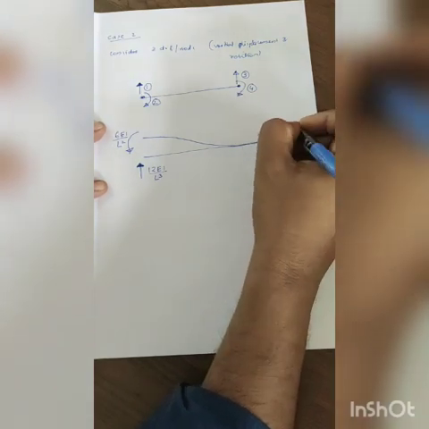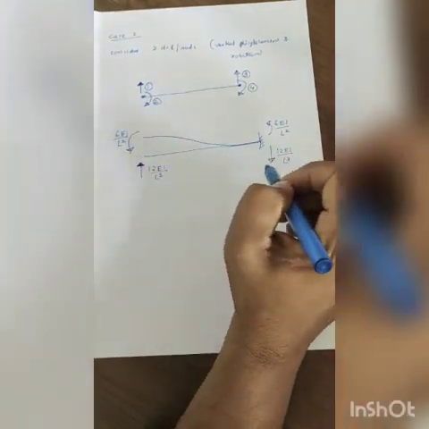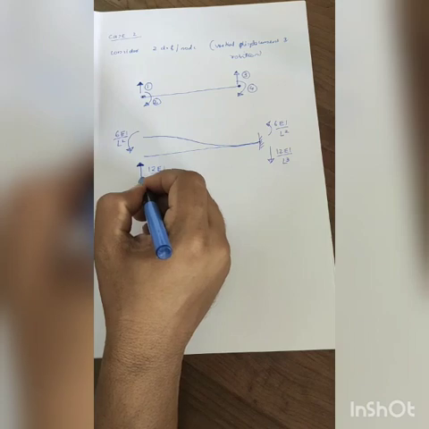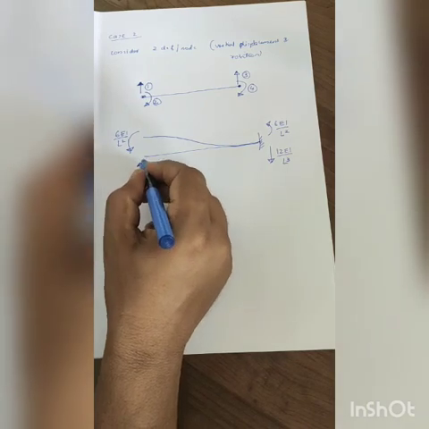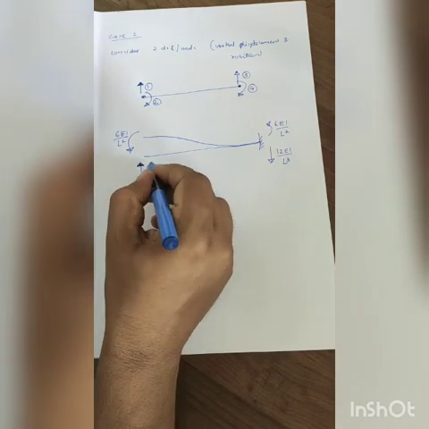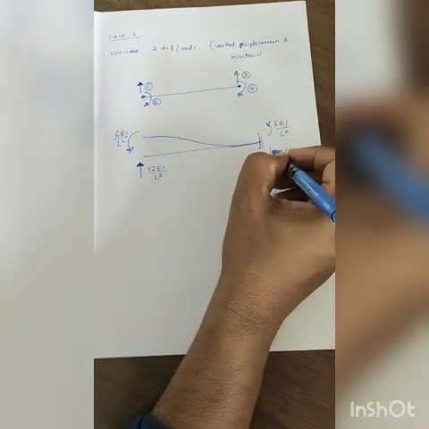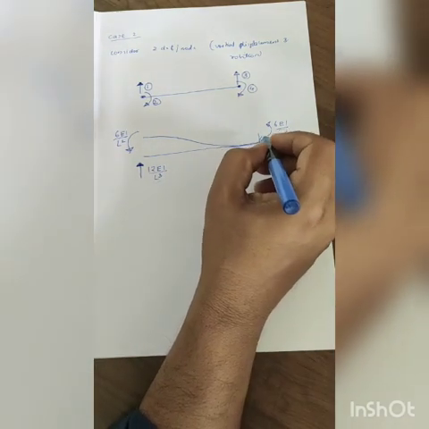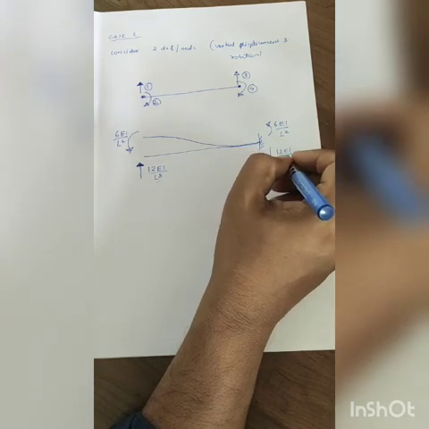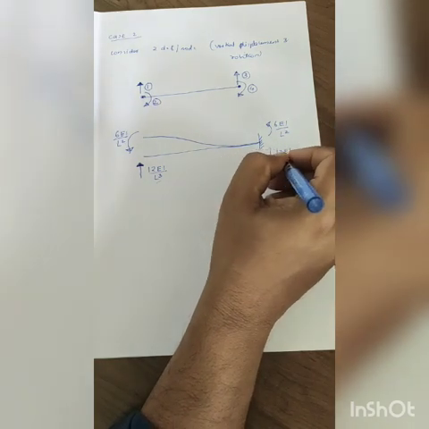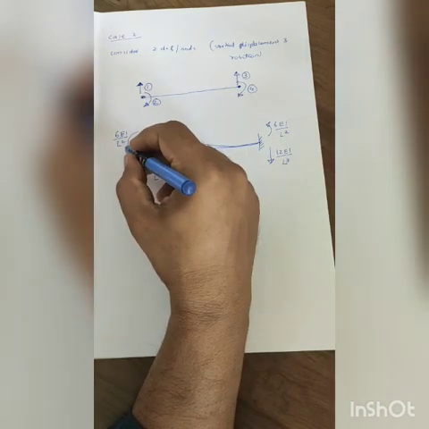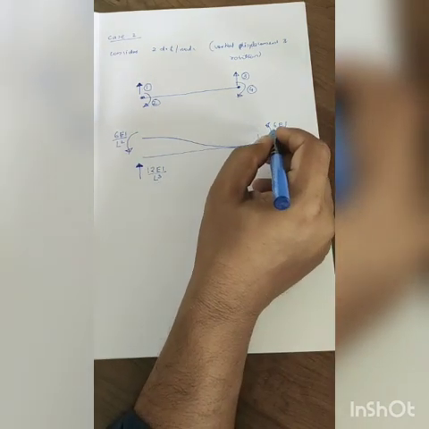So you should be in a position to write this. If you have a unit displacement in the upward direction, there will be forces in the same direction at the same location, and the magnitude will be 12EI/L cube. At the other end the force will be in the reverse direction, with the same magnitude, and the moment will be the net reaction into L. So that will be the moment, 6EI/L square, 6EI/L square, half of the moment.